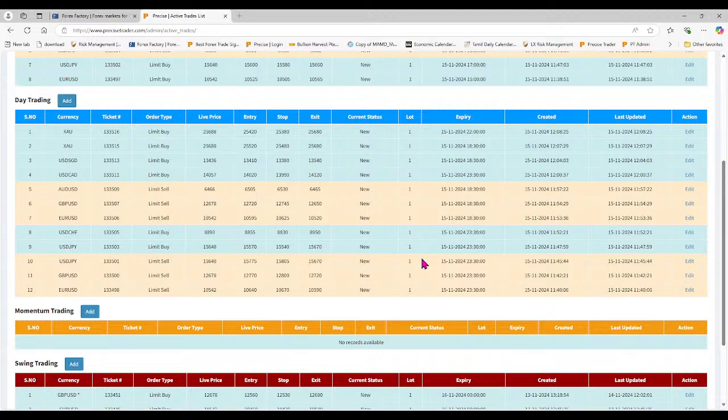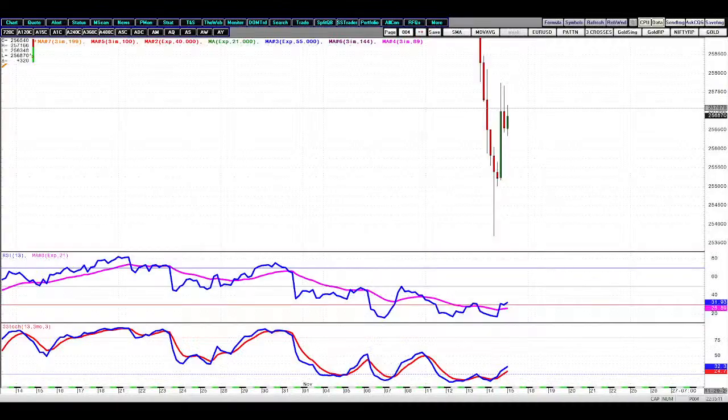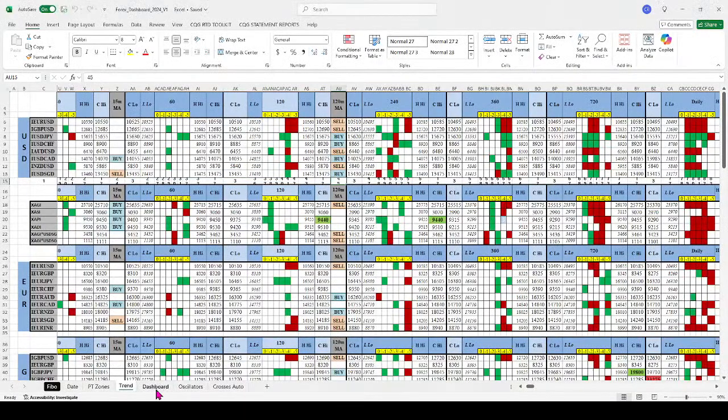As of now, what I can suggest to you is that the dollar strength has been persistent on all the currencies. The euro still has not bottomed yet, pound not yet, dollar yen not yet. That means we still have one more spike up to be seen before we see the top. Dollar Swiss is similar, Aussie is similar. Dollar CAD is also one of the weak. Maybe I'll share the screen with you, so it will be better to see how things can be done.